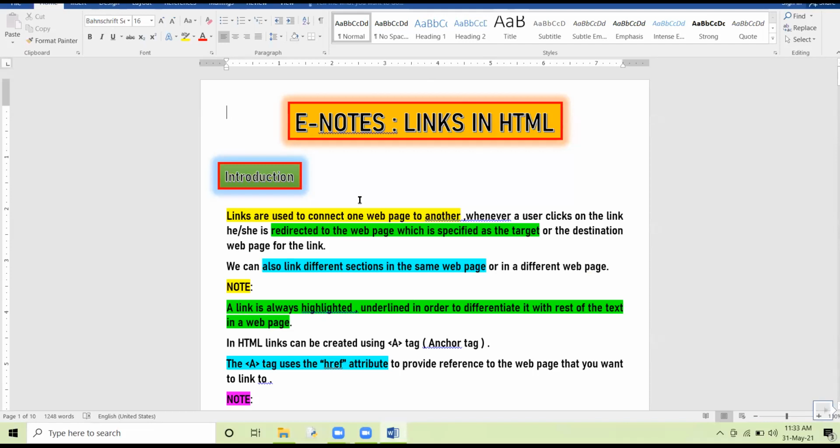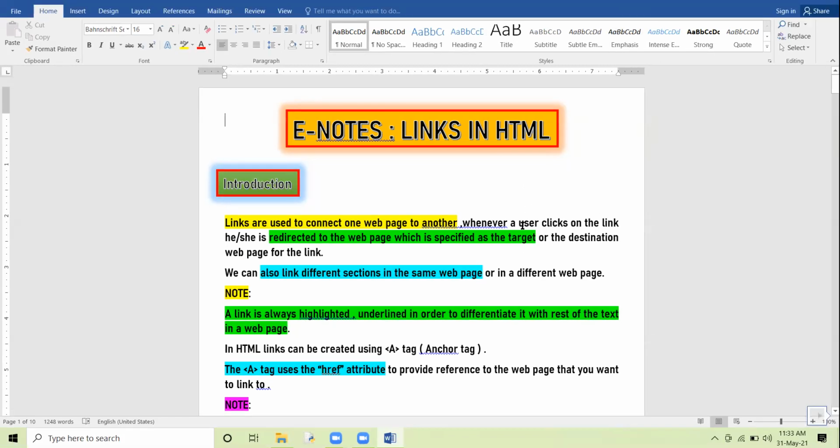Whenever the user clicks on the hyperlink, the user gets connected to some other web page, or we can say the target web page. Target web page means the page to which we are to jump. We'll have one hyperlink, and that hyperlink, when clicked, will take us to another web page.